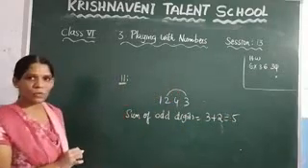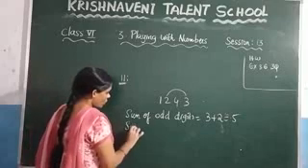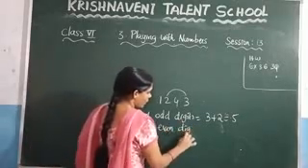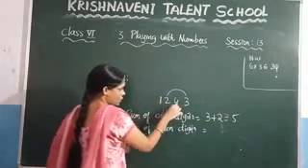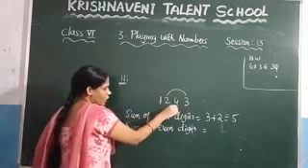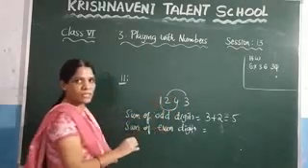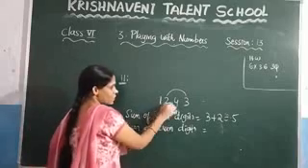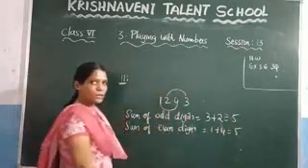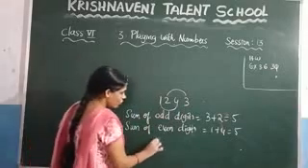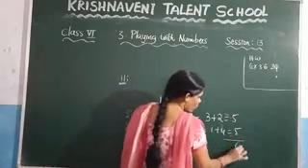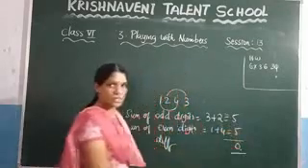Similarly, you need to take the sum of the even digits. Here, what are the even digits? It is the first digit, second digit, third digit, fourth digit. In this case, the even-place digits are 1 and 4. So, write it here: 1 plus 4, which is 5. Now, what does the rule say? You need to take the difference. If you take the difference of these two, you get 5 minus 5, which is 0.